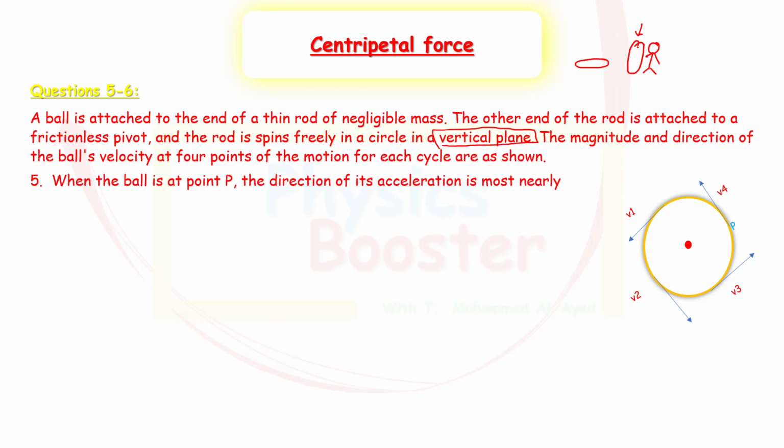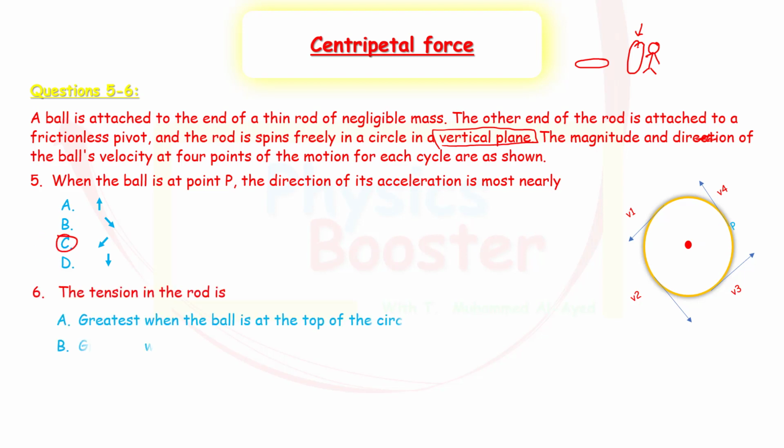When the ball is at point P, the direction of the acceleration is most nearly choice A, choice B, choice C, or choice D. Well, actually, if the ball is at location P, we know that the direction of the acceleration will be this way, Ac. So which is the closest answer? I think the closest answer will be